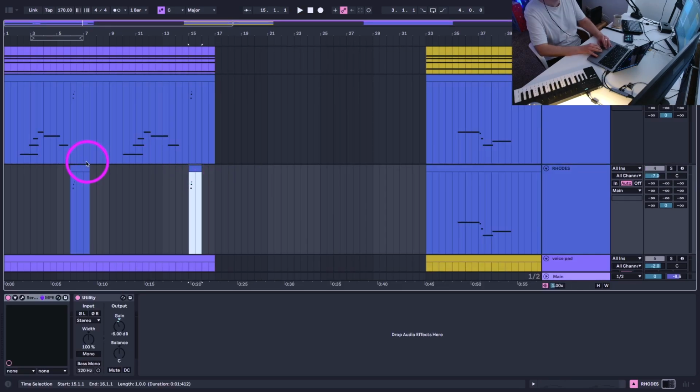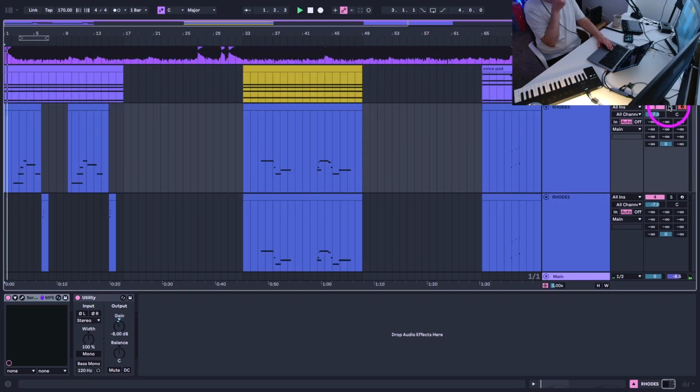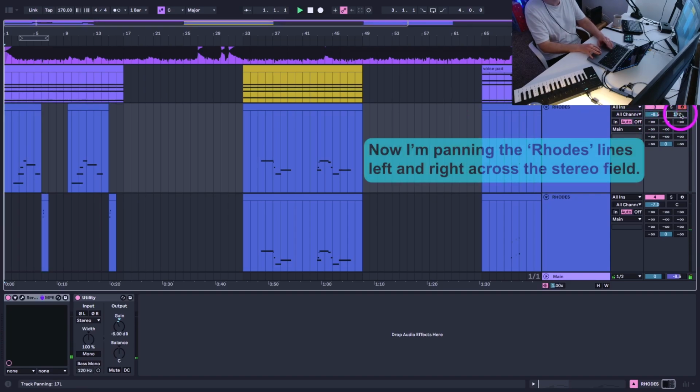I don't think I'd normally do it this way in the timeline view. No, you might want to have this over here or something.